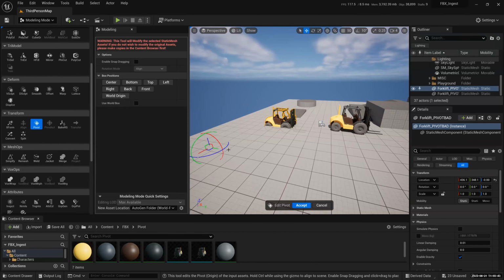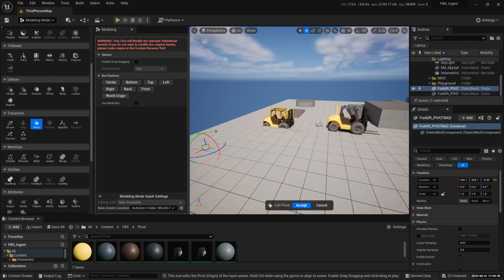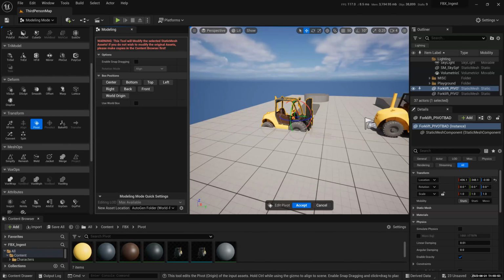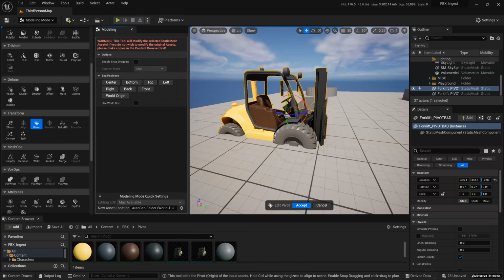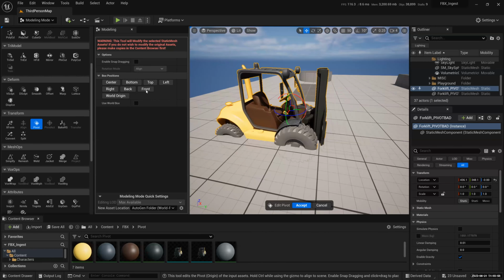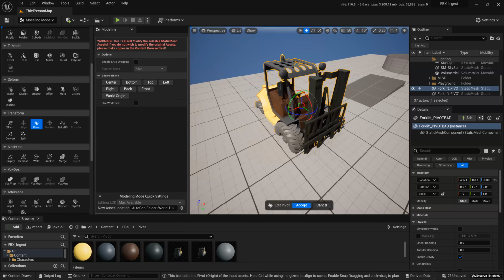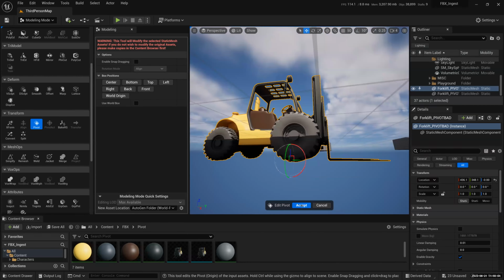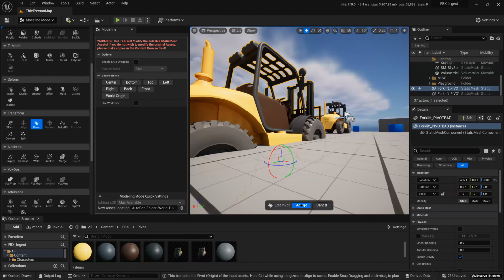At the moment, the pivot is here. You see on the screen here, the pivot is here, right? We want to bring it to that guy and then put it at the bottom. So let's click on center. Now it's on the center, but it's in the center of the console. It doesn't make sense. And click on bottom. Now it's there. How cool is that? And you have to click on accept. Click on accept, and we are done.